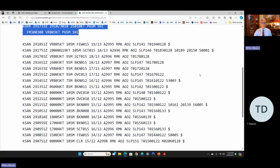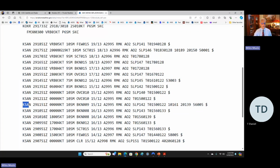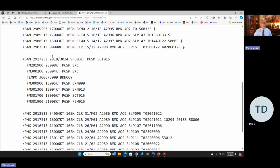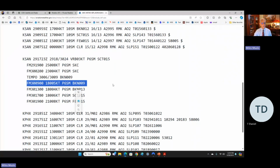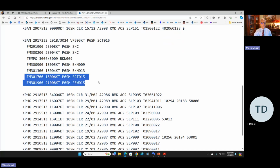San Diego. Well, we did have some ceilings here at 1500 broken. That was as recently as 17Z. A little lower than that. In fact, we were down to IFR right here, 900 broken, with 800 broken right before that. So we did have some low cloudiness for a little while, but as you saw, it burned off. So here's the San Diego forecast: light winds, clear skies, temporarily between 6 and 9Z tomorrow morning, late tonight, 900 broken. And then they're going to just go consistently 900 broken from 9Z. Comes up to 1300 broken at 13Z, going from IFR to marginal VFR, and then we're VFR again at 17Z